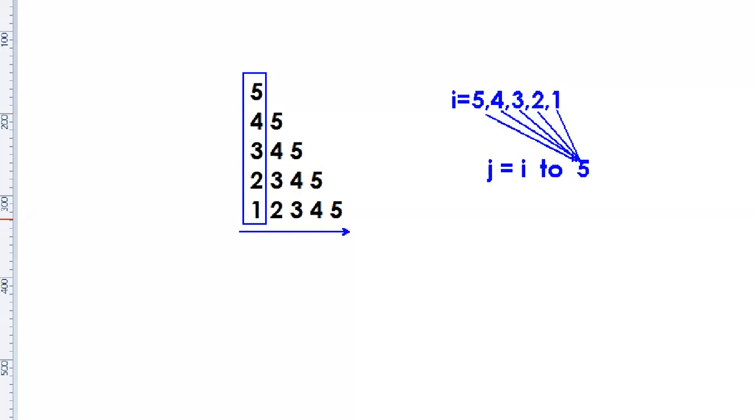Everyone, please. Everyone try to write the code. Okay.